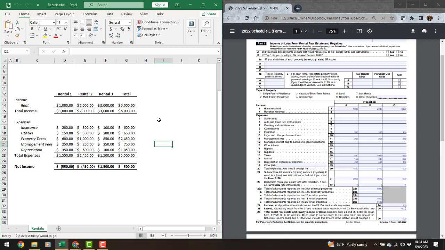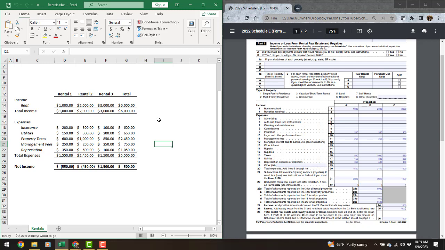Obviously you're making more income on that one, so your net income there is $1,500. Moving on from there, you can see that the total net income for all 3 of your rentals is $500. So even though you made a lot more on rental 3, you take the net of all 3 of them, the $500, and that's what flows through to your